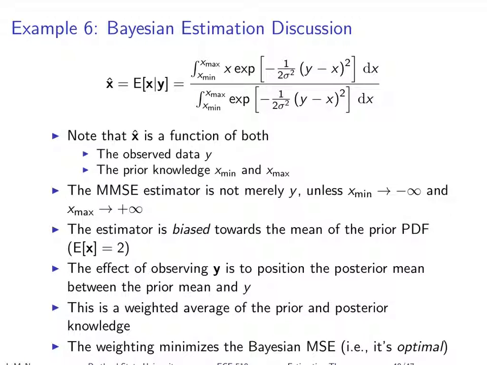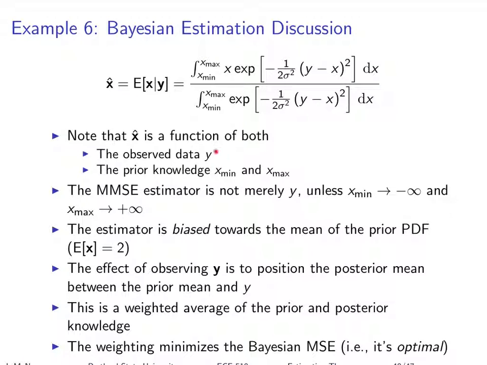So when you're looking at this equation in this particular example that illustrates a lot of the general ideas of Bayesian estimation, one of the things that you'll want to observe is that our estimator, x hat, is a function both of our measurement, y. You can only calculate what this x hat is, this posterior mean, if you know what the measurement data is. So it's a function of that, and it's also a function of the prior knowledge of x max and x min. You have to have both bits of information in order to calculate the estimator.